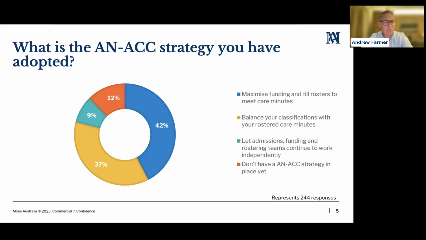A few organisations have started to bring those functions closer together, and even under the same executives. But still, a lot of them are running independently and don't have an AN-ACC strategy in place yet. I think it's really brave for those people ticking that box. I think the jury's still out for a lot of people, and they're moving towards a clear plan for how they're going to manage their AN-ACC within the organisation, but they may not have landed on it yet. So interested where you land in that across those choices if you haven't responded.